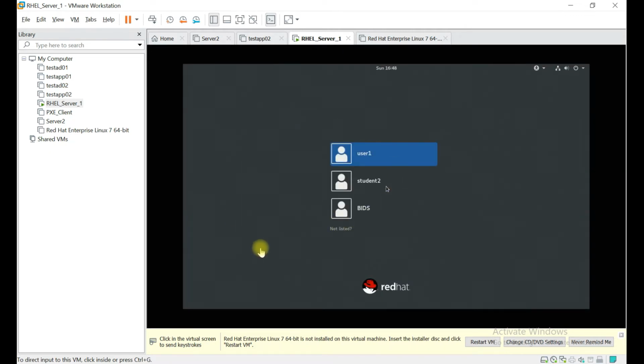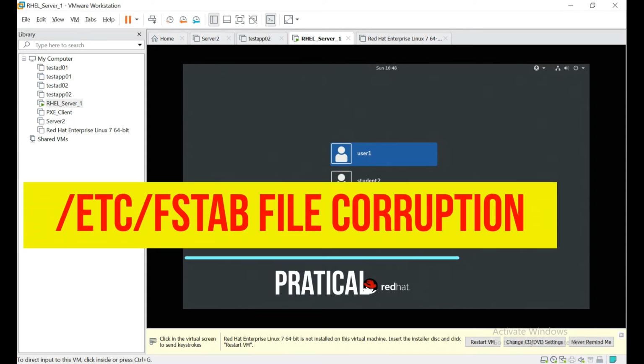So now you can see the system booted from multi-user to graphical. So by this way you can change to any of the targets, you can boot from any of the targets.